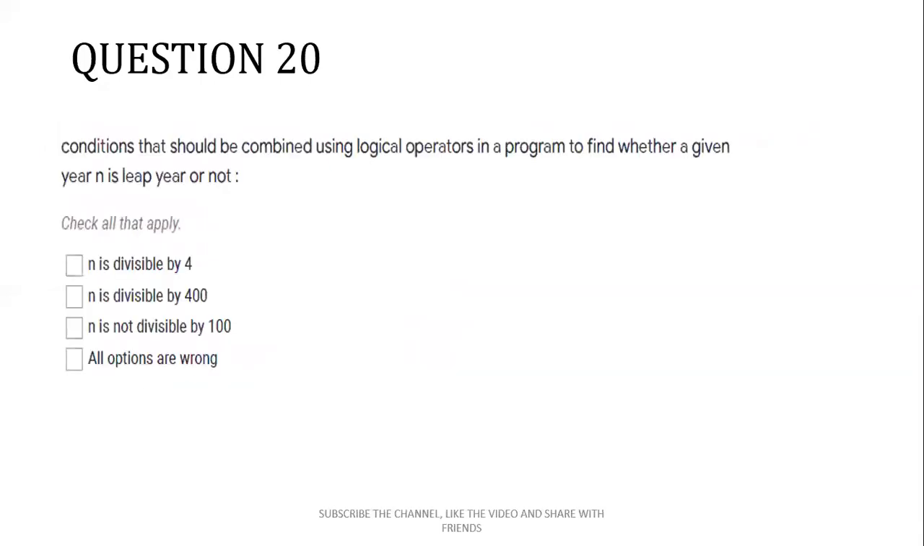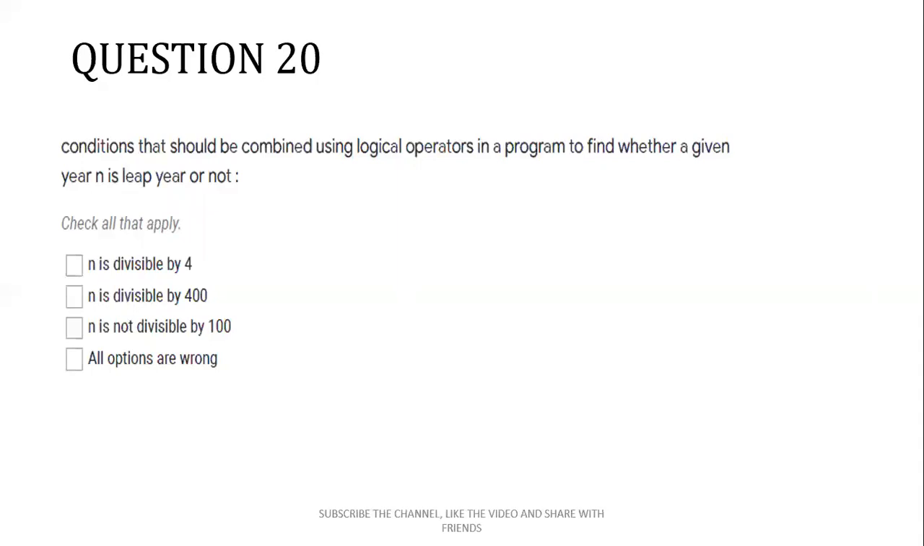Which conditions should be combined using logical operators in a program to find whether a given year is a leap year or not? The given year is n, so which conditions do you need to check? You have to check all that apply. So this is a choice box. So, n is divisible by 4. Yes, you need to check this condition, because years like 1984